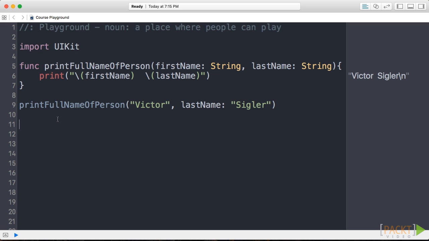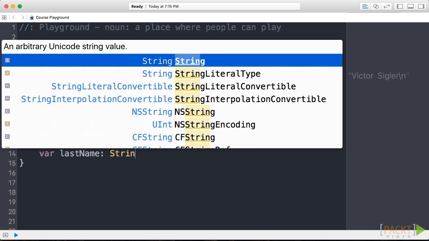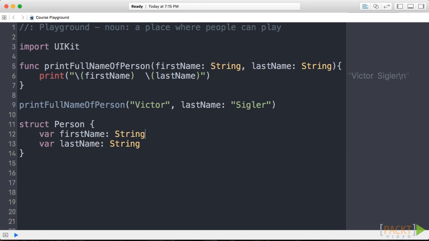The syntax to define structs begins with the struct keyword, followed by the name and a pair of curly braces. Everything between the curly braces belongs to the struct. So let's define our Person struct with the syntax explained, and let's declare two variables inside the body of the struct of string type to store the first name and last name of the person. Now, we have defined our struct. It's time to